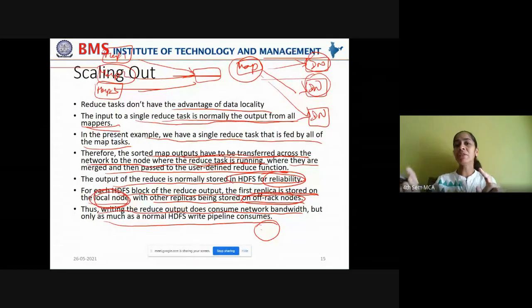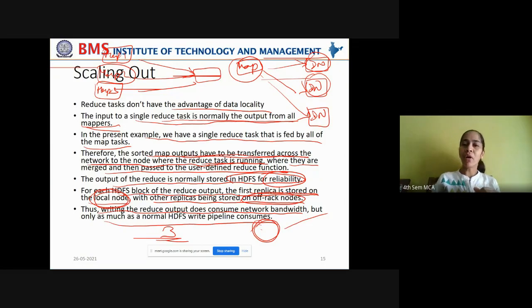But to maintain the other two replicated copies to meet the default replication factor 3, they have to be maintained other than on the local node. For this, the data has to be transferred to an off-rack node and to an off-rack node on a different cluster. To transfer the data, you have to utilize bandwidth, but it is very nominal. It is very small. It is like using a normal HDFS write pipeline. Whatever bandwidth is consumed by the HDFS write pipeline, the same is consumed by this reduce job also.